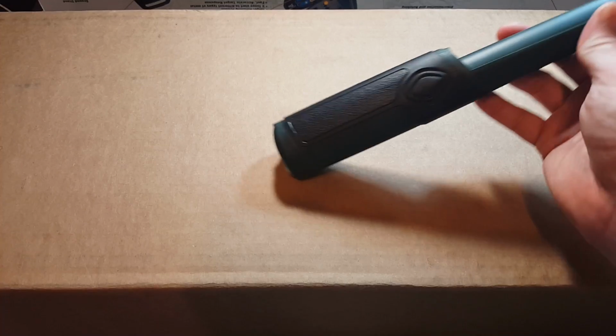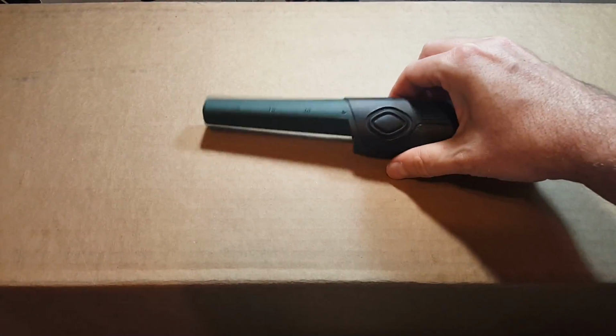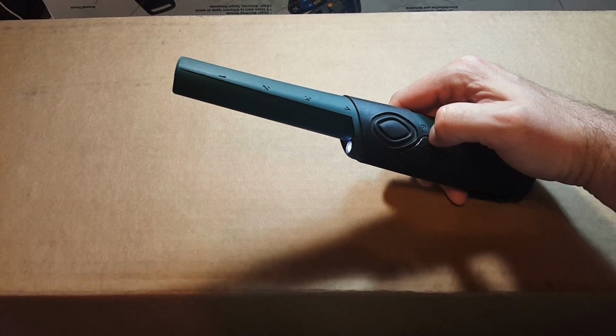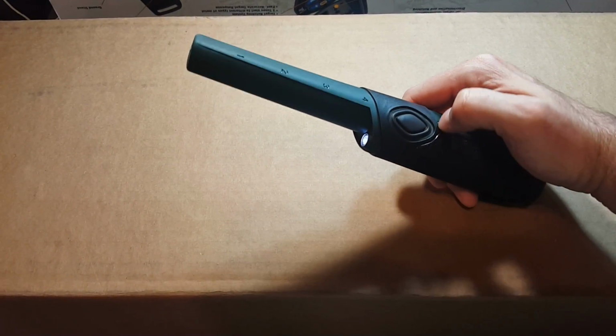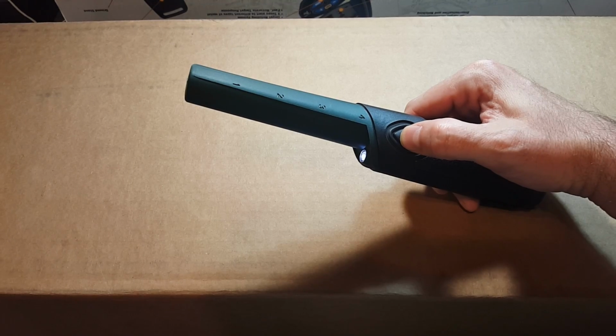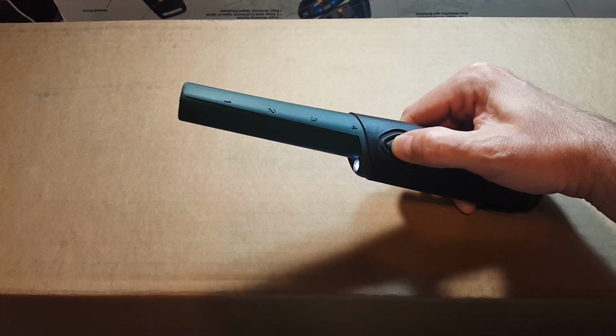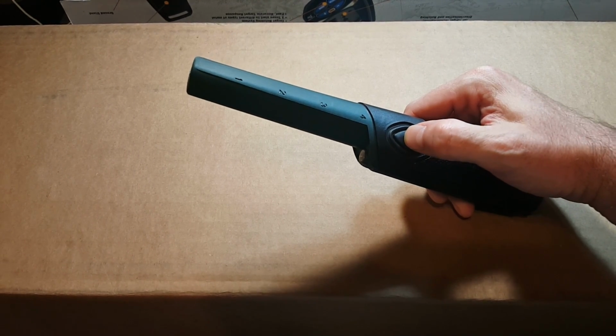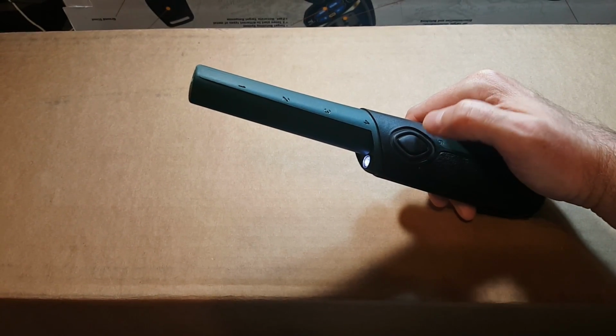So what else about this? Let's look at the one-hand usage here. So off and on, we're just going to press it once. Then it beeps, vibrates, and you're ready to go. To turn it off, we just hold it down for about a second till we hear that, and it turns back off. You see the LED come off and on. So once, on, ready to go,